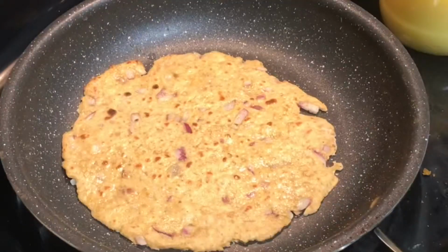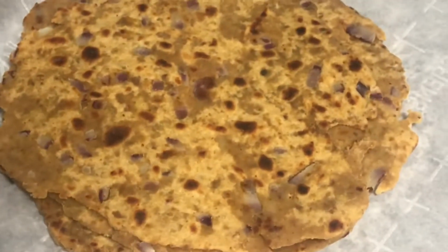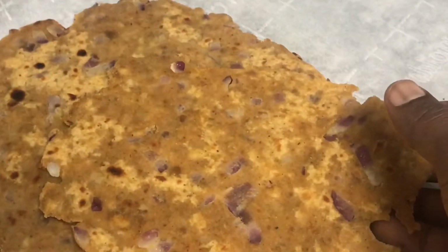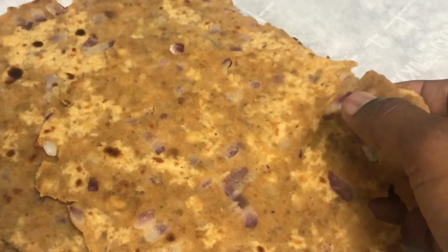And my way of making it as a package is I used to add ketchup as well as some green chutneys. It used to be very